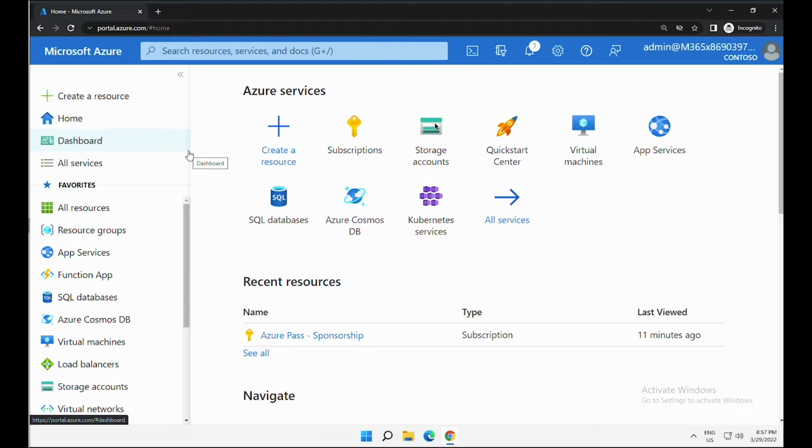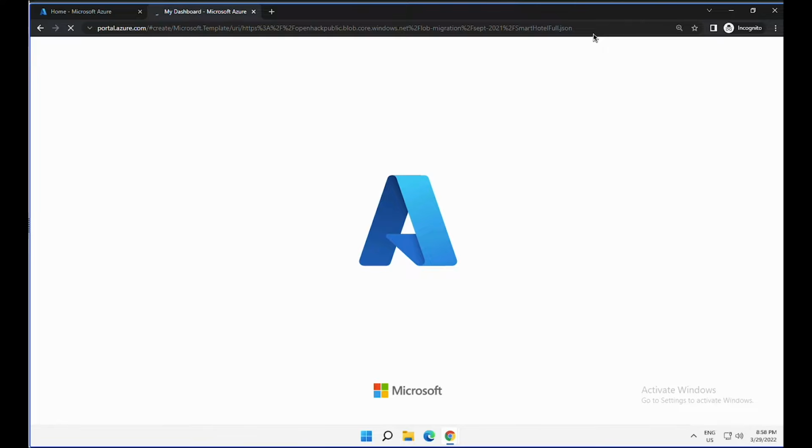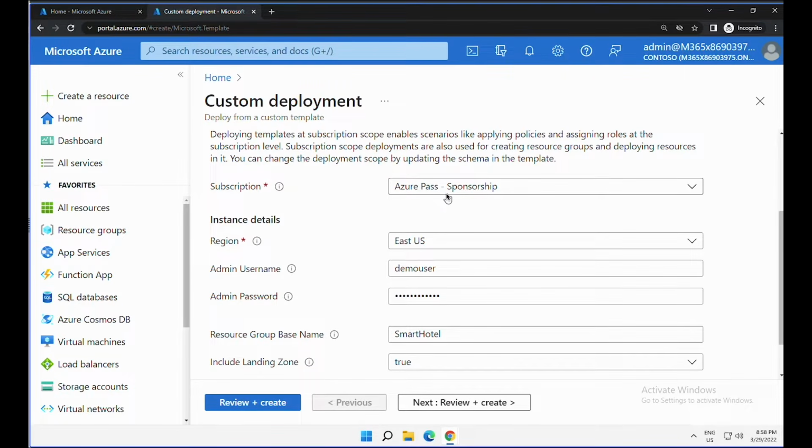All right, so now let's go and deploy this on-premises environment we talked about, and the landing zone. First, let's find the deployment template. I'm going to access the place where I have placed this deployment template JSON, and I'm going to log in with my Azure credentials. We only need to provide very limited information here. The only thing we need to provide is the resource group name. So I'm going to put Smart Hotel